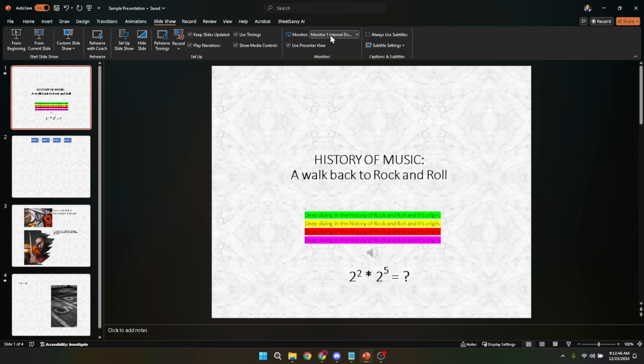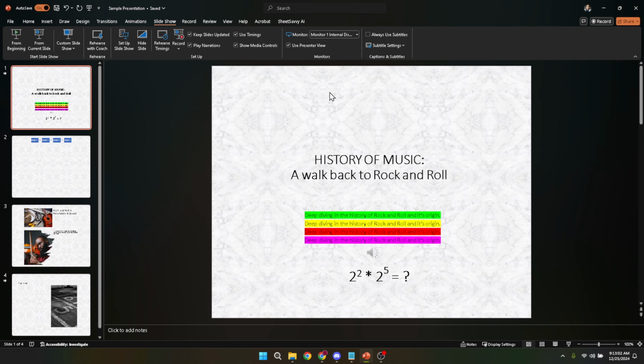Next, you'll need to choose which monitor you'd like to display the presenter view on. When connected to a projector or an external monitor, your computer sees the projector or external screen as a second monitor. In the presenter view settings, you can specify which one of these monitors will display your presentation slides to the audience, and which will display the presenter view to you. This selection helps in managing what your audience gets to see and what you can keep to yourself for an effective presentation.